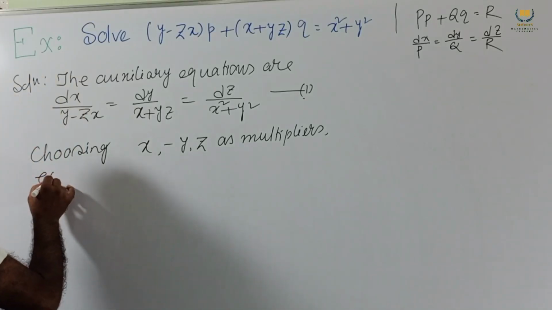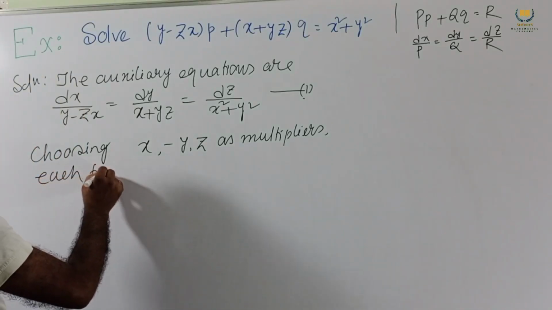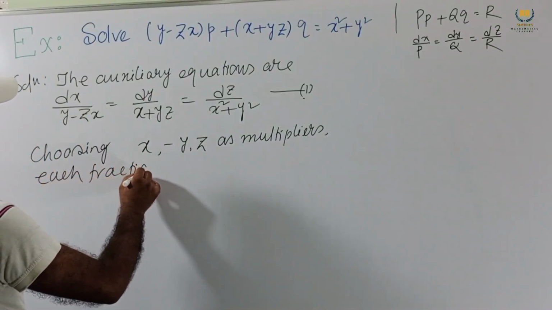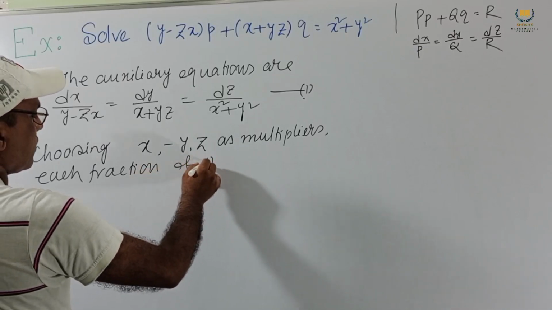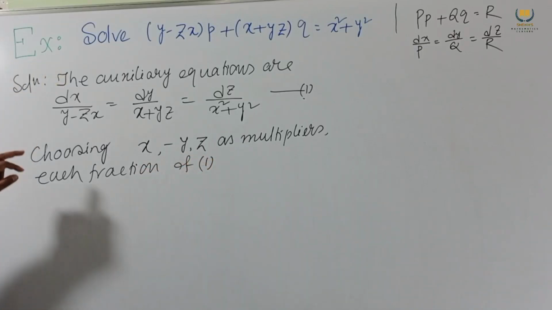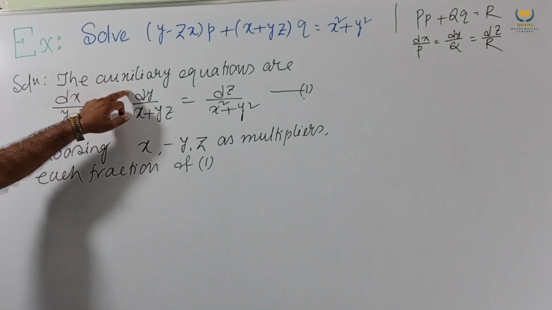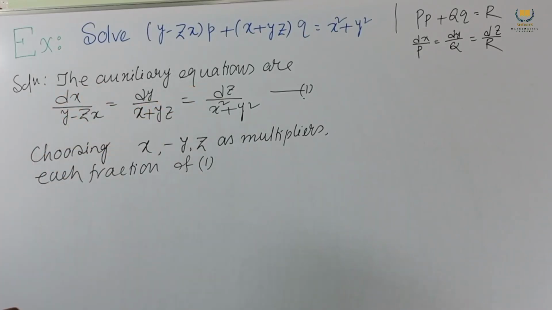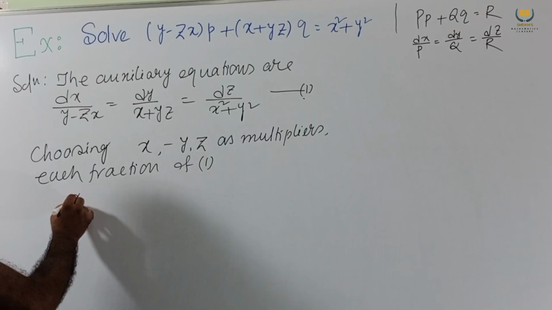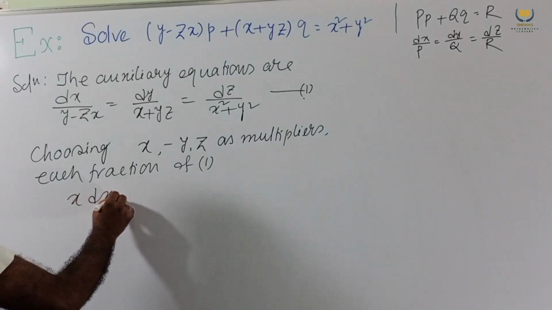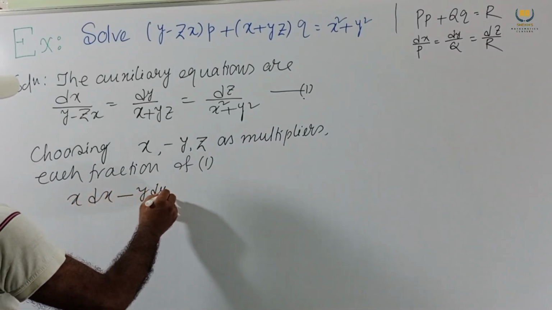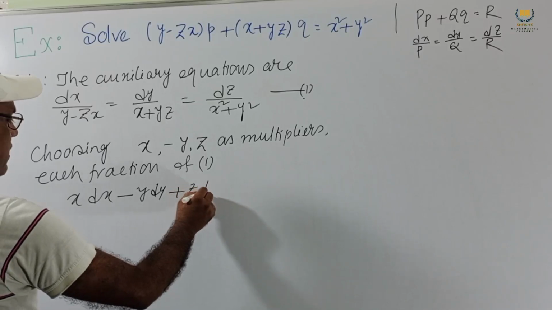Each fraction is equal to 1. That means we multiply numerator and denominator by x, here -y, here z, and adding we get x dx - y dy + z dz